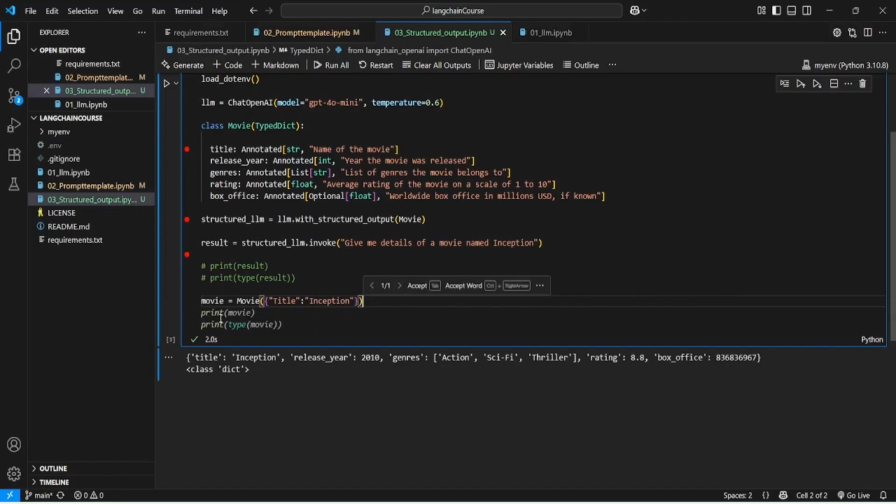Suppose we are creating an instance of this movie class and create a variable movie and put the title Inception in string format. Now if we print movie title, then see,